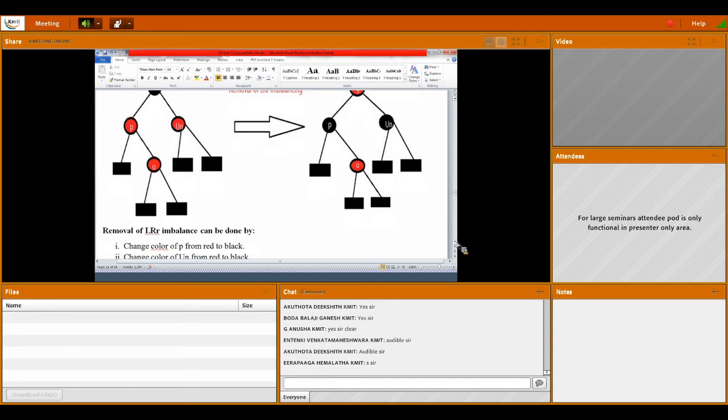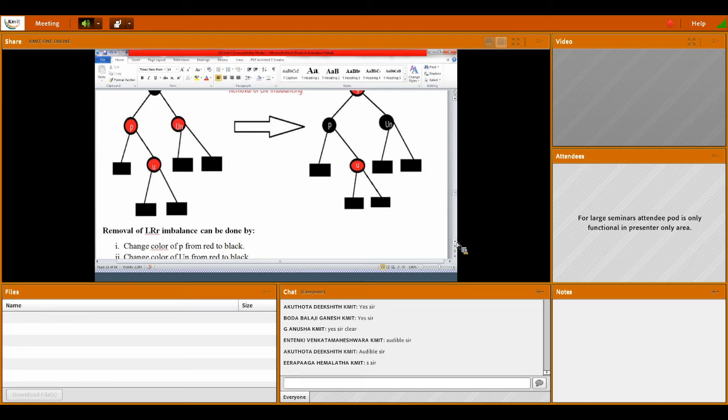And change the color of the uncle node from red to black. So then, if you see the grandparent G and the uncle node UN are there. Now see the colors of those. First one is because the new node is red, now you made P from red to black.